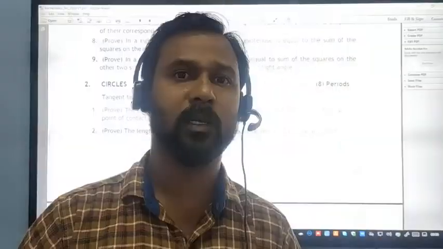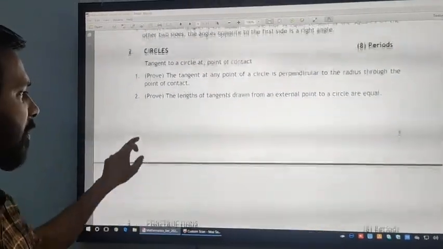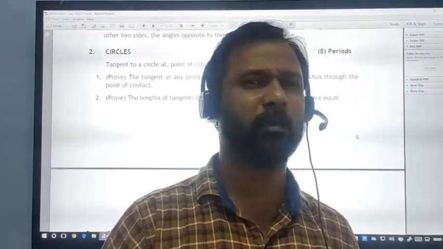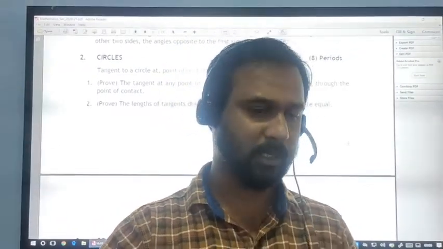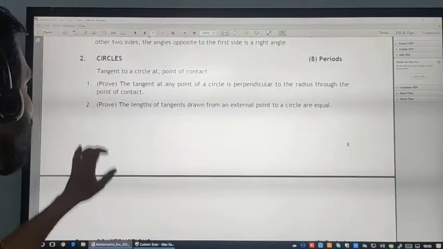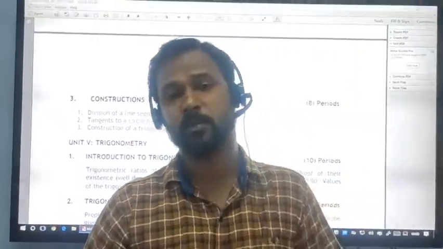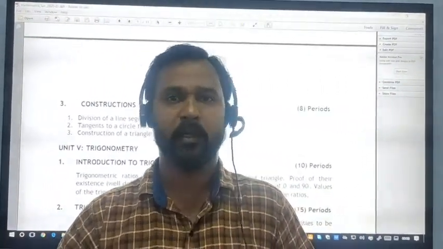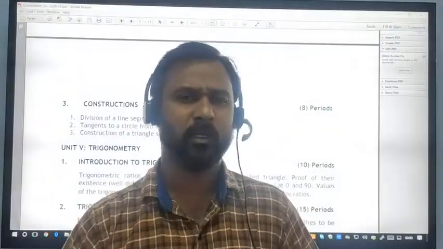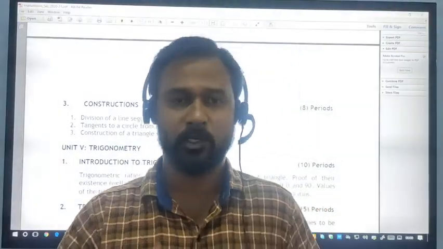Second chapter is circles. In circles, we will find the tangent and the length of a tangent drawn from an external point and some theorems related to circles. It's comparatively easy compared to triangles. When comparing with triangles, you will feel circles is a much easier chapter. And third one under geometry is constructions. The bigger constructions were actually in 9th class. In 10th class, you will see the construction of tangents. From an external point, you can draw 2 tangents. A comparatively easier construction, but a definite question in final exams.